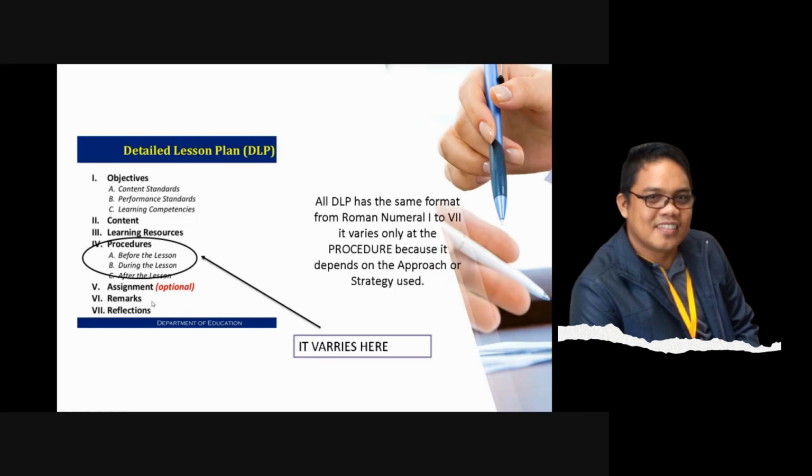Lahat po ito is the same format. It varies only here in our procedure because different strategy has different procedures, but the format from Roman numeral 1 to Roman numeral 8 is the same, just like